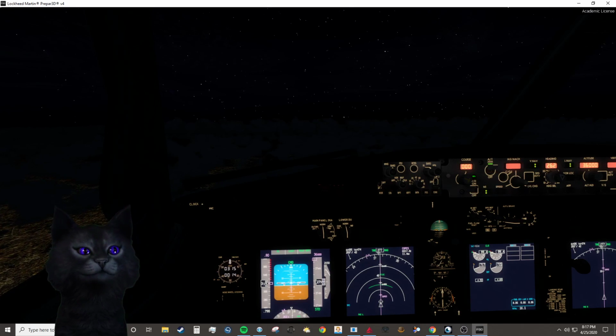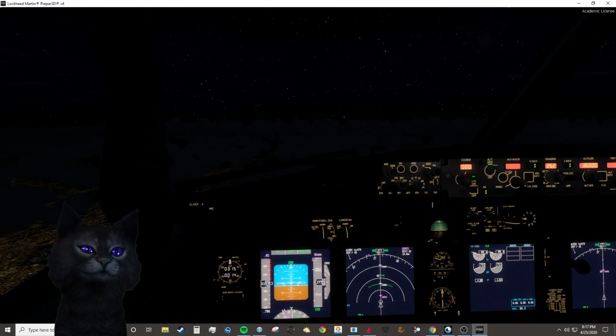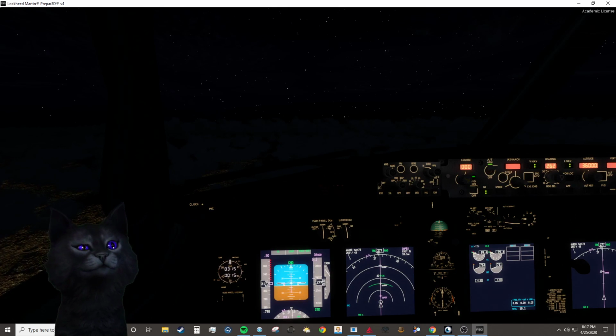November 575 Tango Victor, New York. Go ahead for 5 Tango Victor. Yes, sir. Contact Washington Center 133.72. You have a good night. 133.72. We appreciate you. Yes, sir. 5 Tango